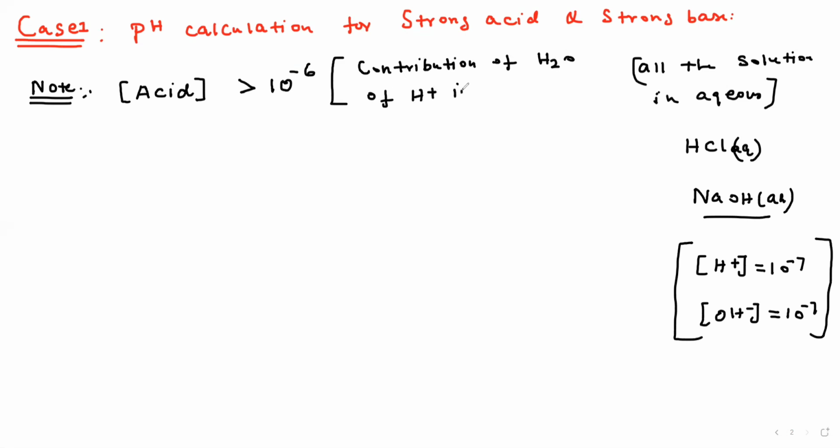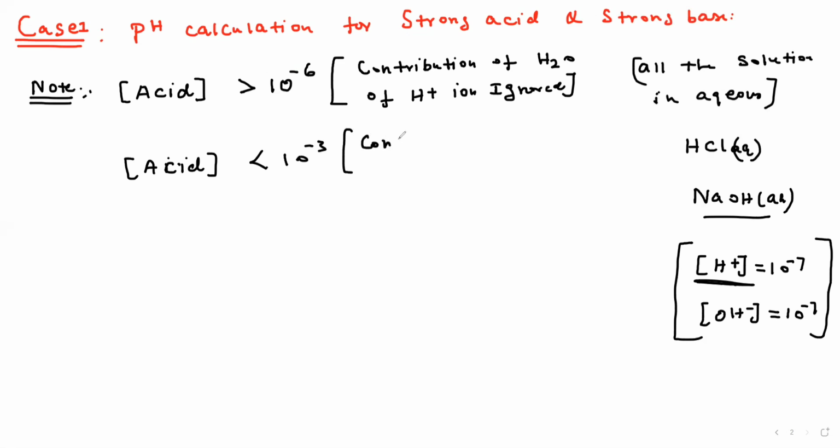For H plus ion, ignore. We have to ignore this value. Don't take this value. Ignore. I do the problem, you understand better. Okay. At the same time, if the acid concentration is less than 10 power minus 3, for that case, the contribution of